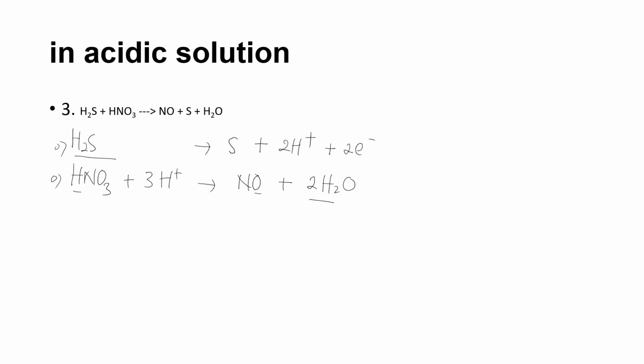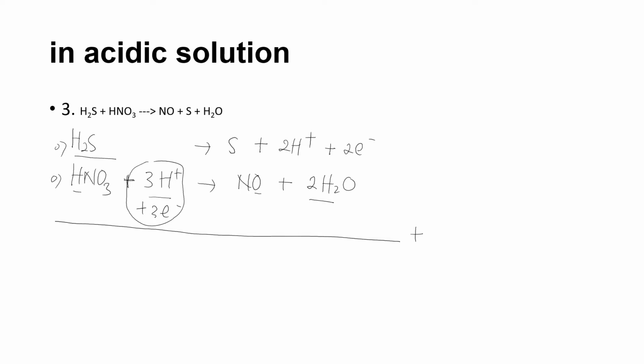Then the charge only from here plus 3, here no charge. On the right hand side no charge. So on the left we need to add 3 e minus. So it becomes neutral. And then we need to add these two equations into one